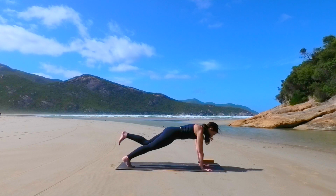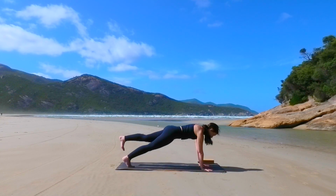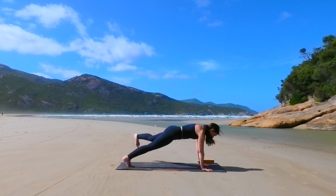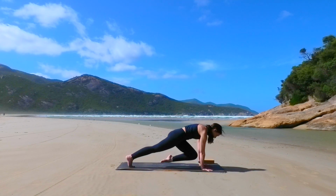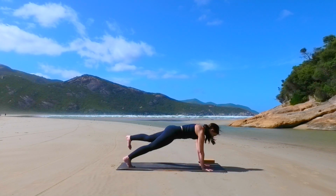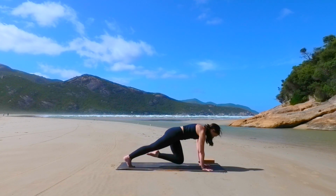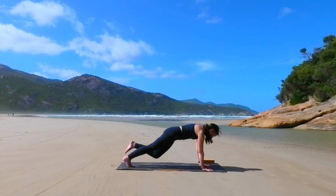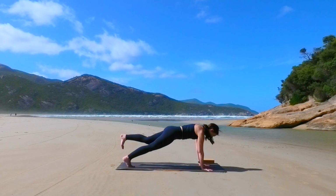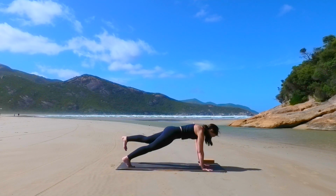Take a breath in. Exhale, core lunge. Inhale, extend, and then exhale, left leg out to your left. Come back to center. Exhale, core lunge. Inhale, extend. Exhale, left leg out to the left. 4 more. When you've completed your set,